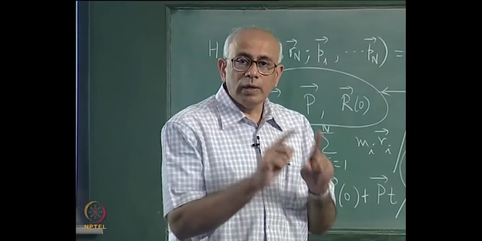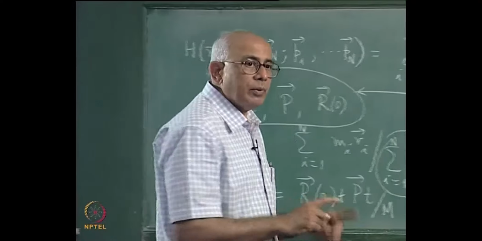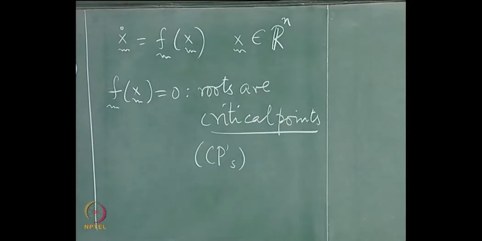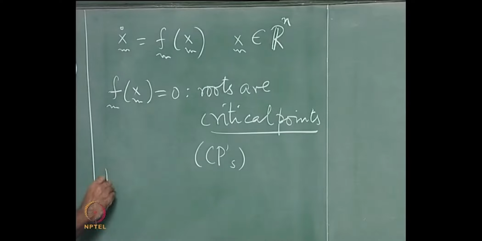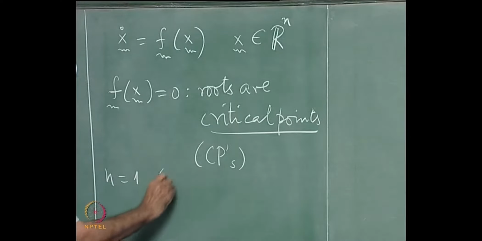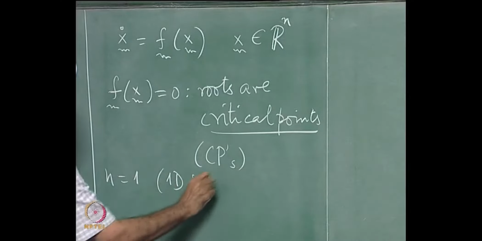So it is important to find where the critical points are, after which we have a handle on what the general dynamical system does. Now let me illustrate this by the simplest of flows, a flow in which n is equal to 1, a one dimensional dynamical system. And what happens then? So let us look at n equal to 1, a 1D system or a 1D flow